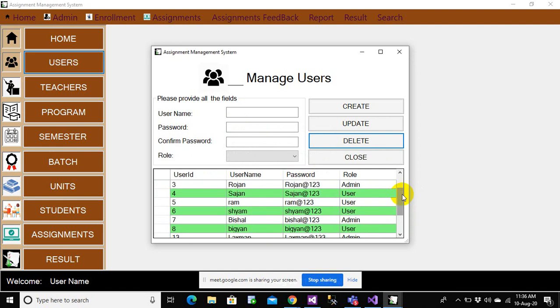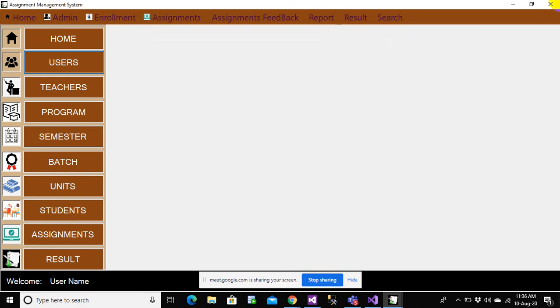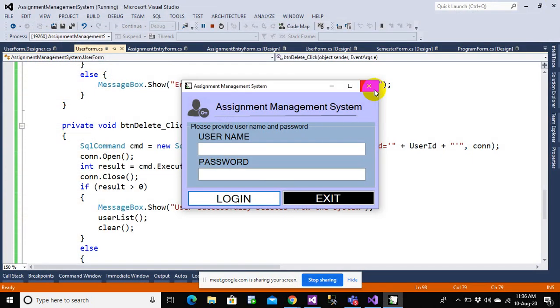Great, everyone, this is all done with insert, update, and delete operations. Now I want to show you one very interesting thing here. For example, what would happen if I try writing RAM and only RAM gets populated here. One search operation that I want to apply here is: I write ROJAN and then only Rojan is populated over here. So I want to do that operation now. Let us see how you can apply it.